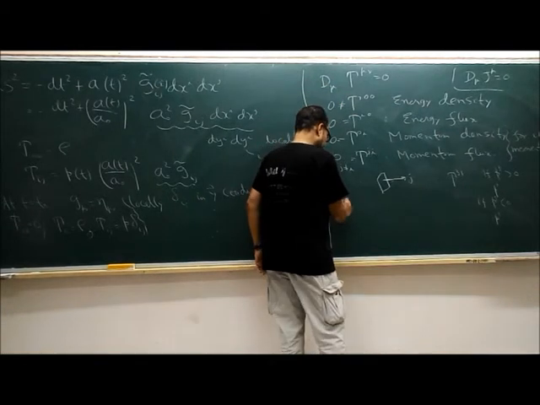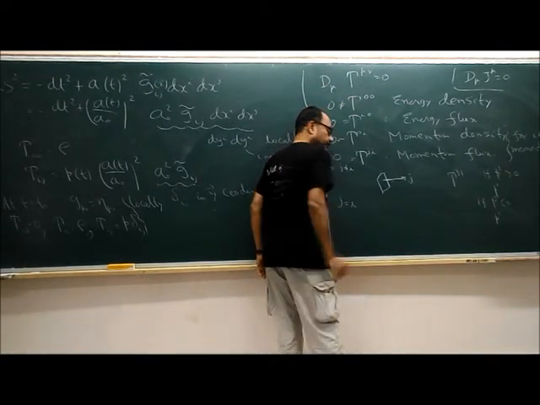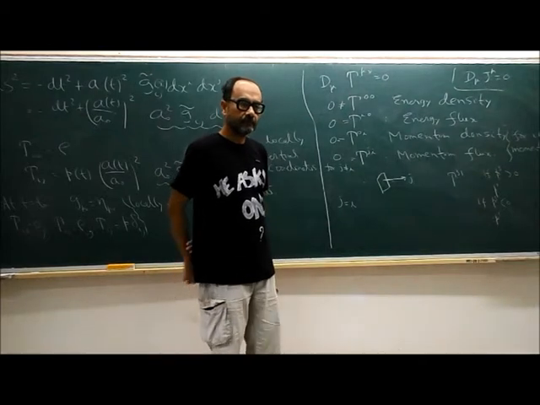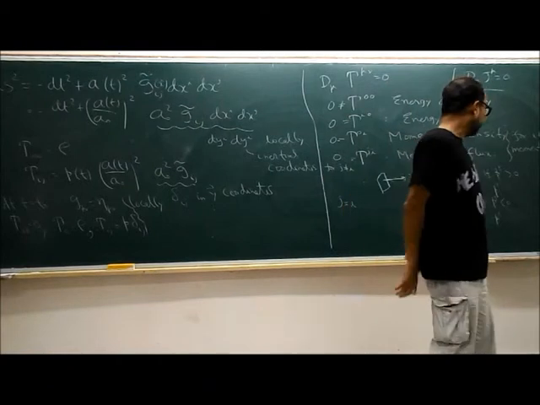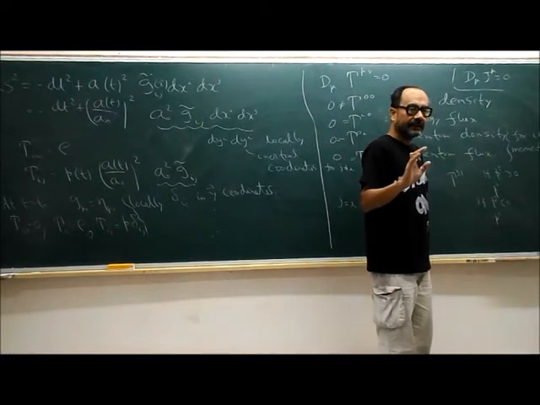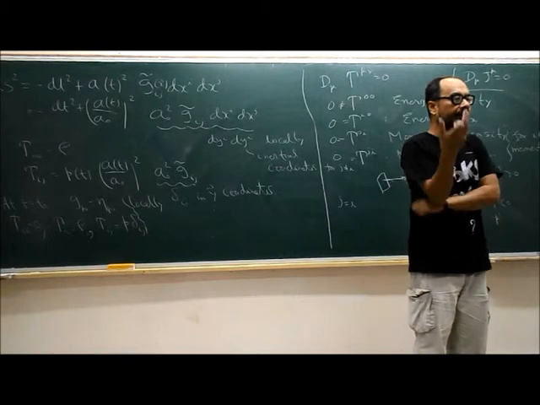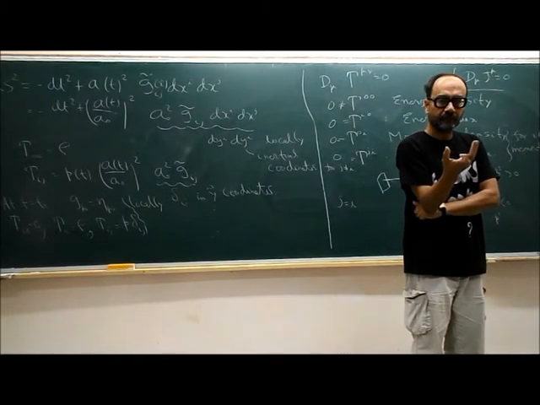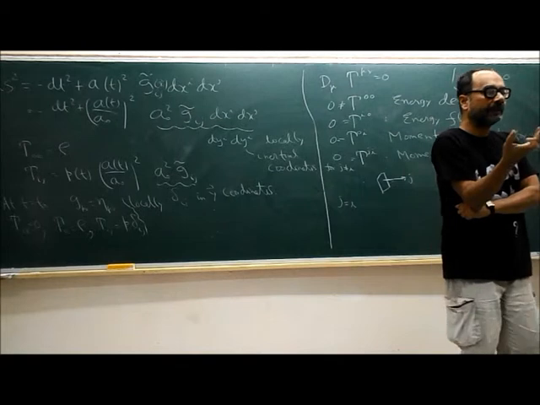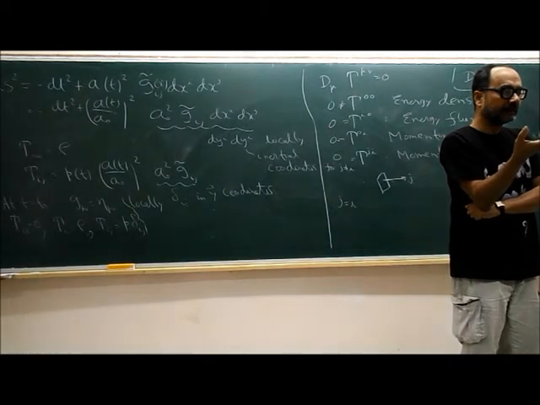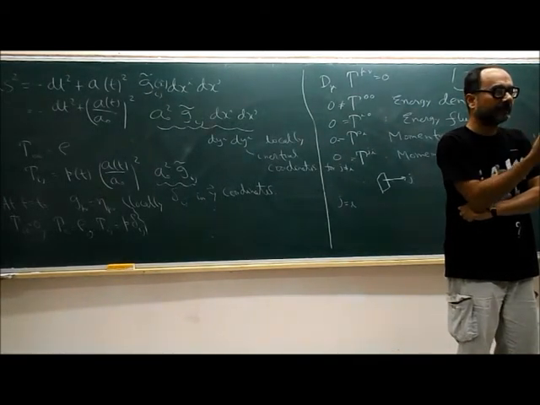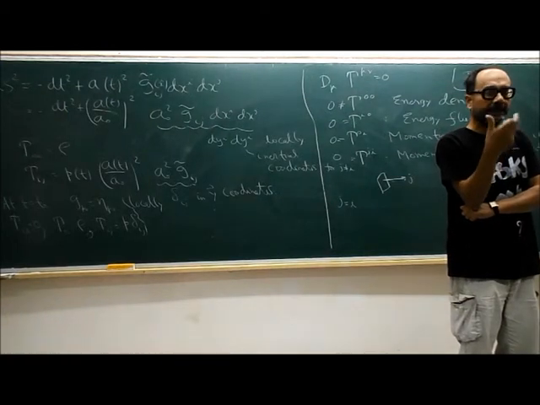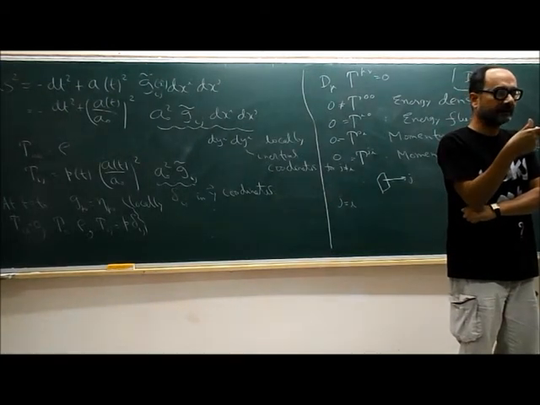But now let's ask what happens if j is equal to i. So now you are calculating the flux in the ith direction and the charge that is being carried is also P_i. Now it's clear what's going to happen. If P_i is positive, then the particle is definitely moving in the positive i direction, because momentum is correlated with velocity. If P_i is negative, the particles are moving in the negative i direction.